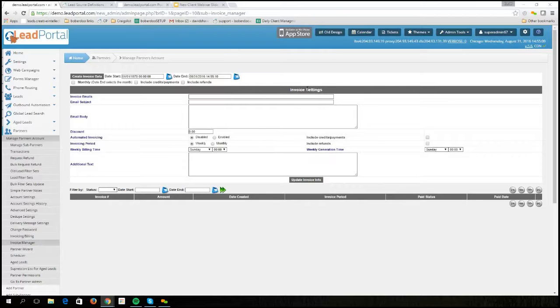So as we mentioned, it is just a PDF file. At the very top is going to be the buyer's or the partner's contact information. Based upon their account settings, it's going to have the invoice period, the date that it was sent out, and then below that it's going to highlight all the different leads that have been sold to them in the period, for how many,